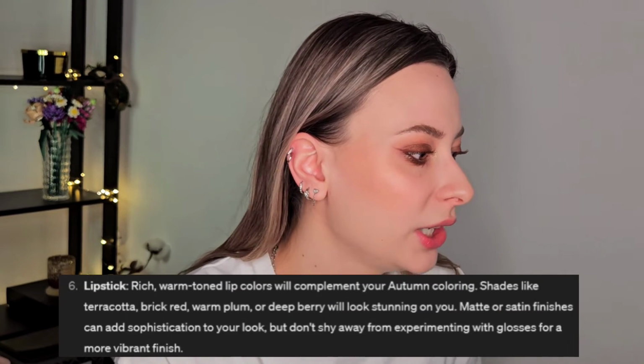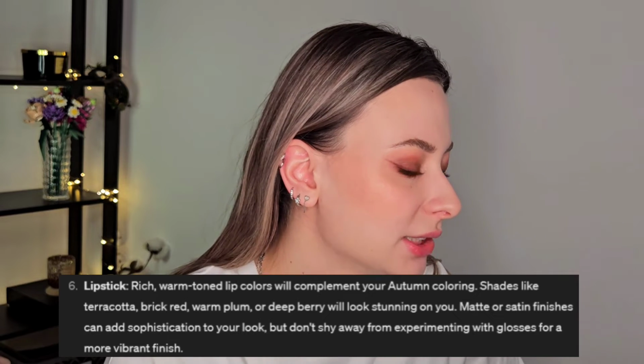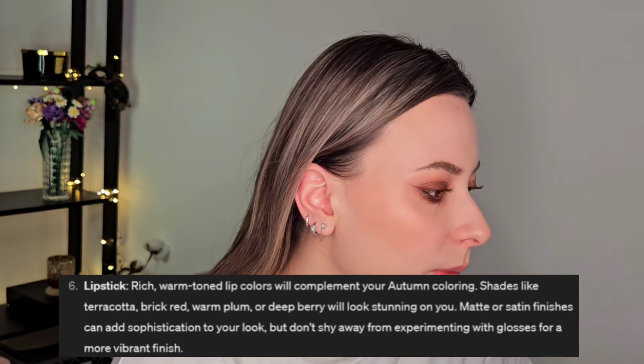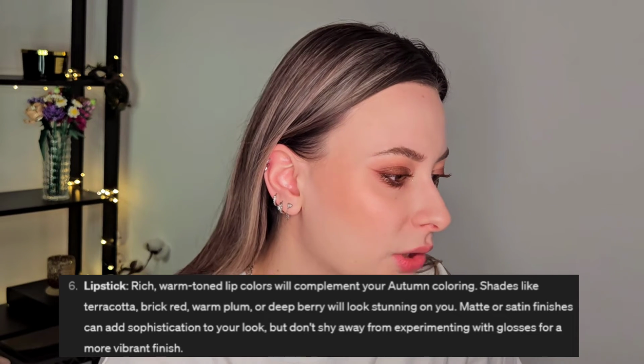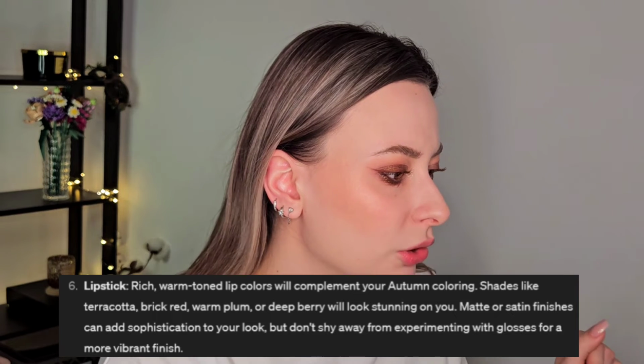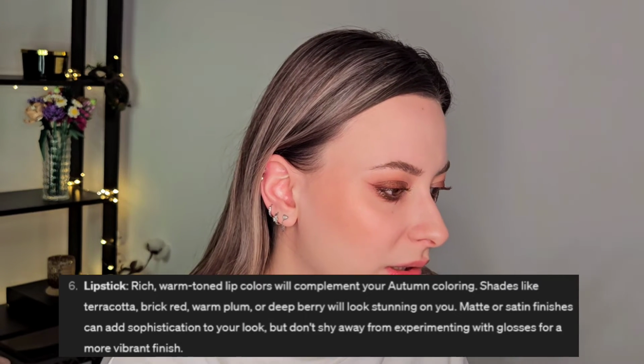It says rich warm toned lip colors will complement your autumn coloring. Shades like terracotta, brick red, warm plum or deep berry will look stunning on you. Matte or satin finish can add sophistication to your look, but don't shy away from experimenting with glosses for a more vibrant finish. When I read this description, I had the perfect lipstick in mind, and it is this one